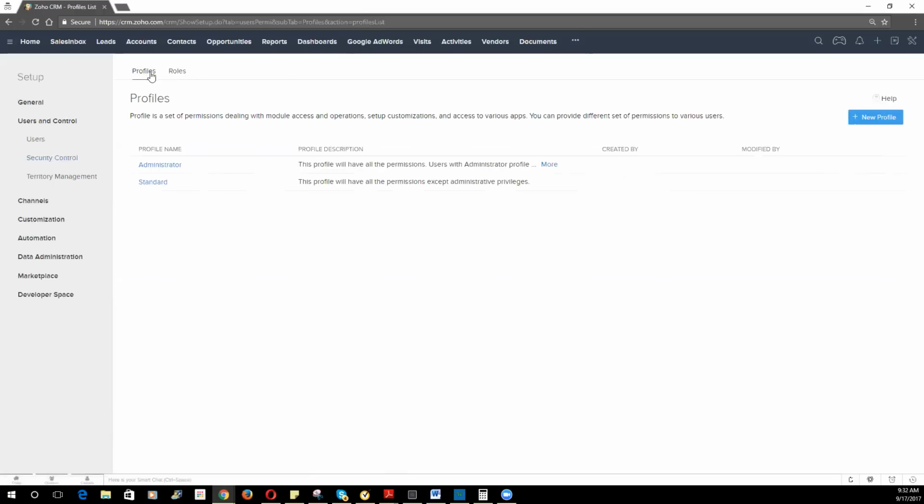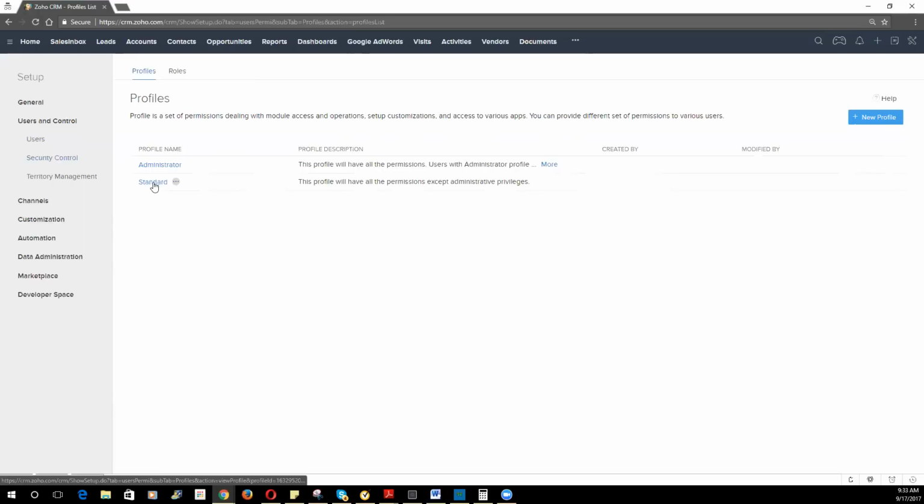Let's dive into profiles. By default, the system will create an administrator profile and a standard profile. I highly encourage you to only have one CRM administrator to maintain control over the system. The admin can do a lot with the system, so it's easy to make universal changes, export the entire system, copy it over into a new instance. So it's very important that you be very selective with that administrator role. The standard role is